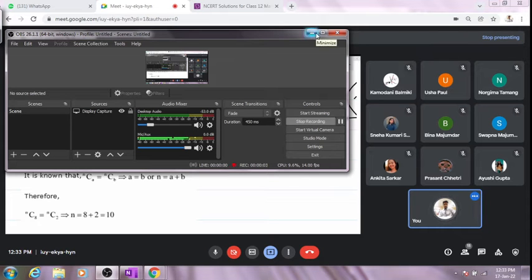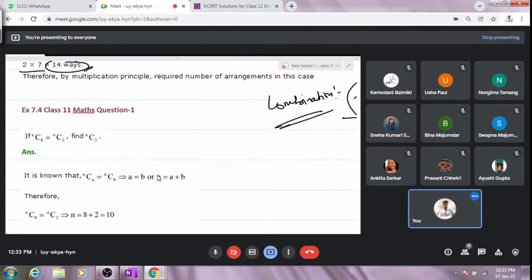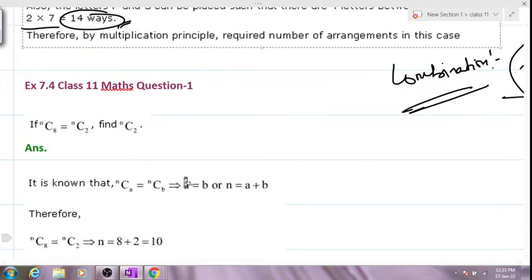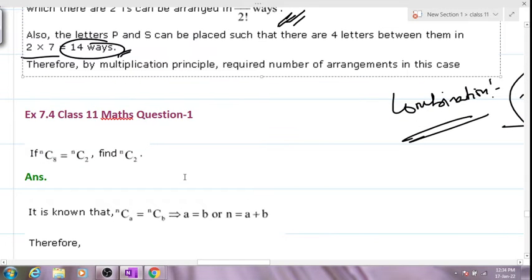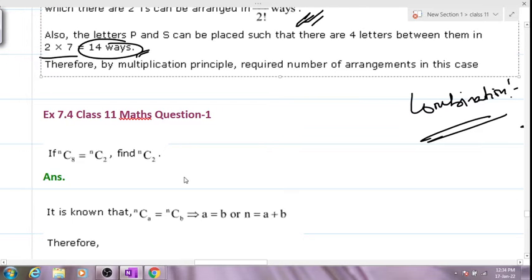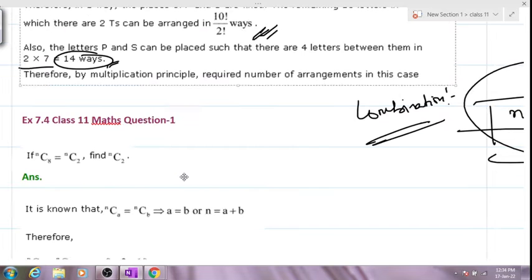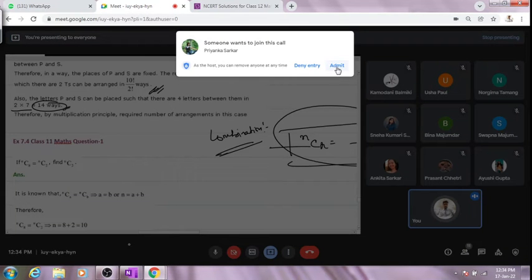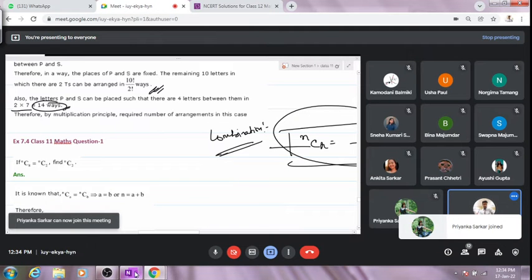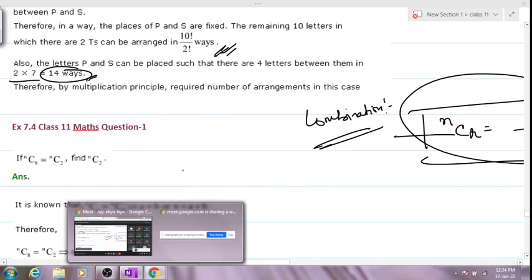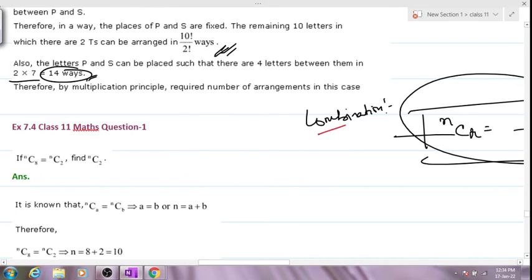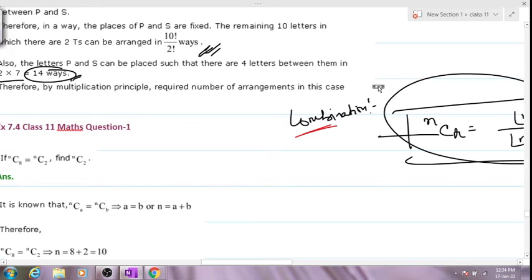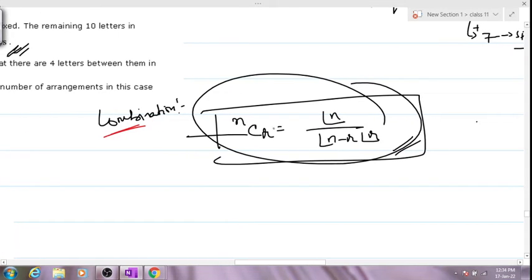We'll be starting off with combinations. I believe till permutations, everybody is clear with the permutations topic. Yes or no? Kindly confirm. If you are still having some doubts regarding permutations, we'll be doing it again in the chapter in the miscellaneous exercise, so you'll get one more opportunity to revise yourself. Don't worry if you're facing a bit of difficulty in permutations. Now, combinations. I would expect you all to copy this down and write a statement.